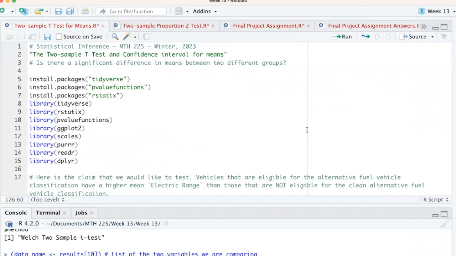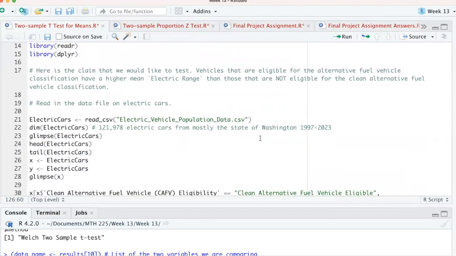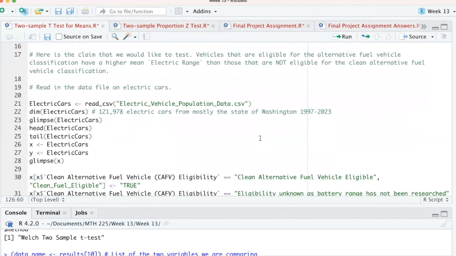Let's take a look at the two-sample t-test and the confidence interval that goes with that. The t-test is typically used for numerical data, and so we'll be analyzing means. The claim that we typically would test in this situation is: is there a significant difference in two means of two different independent groups? We're going to load the normal packages, and the example that we're going to work on here